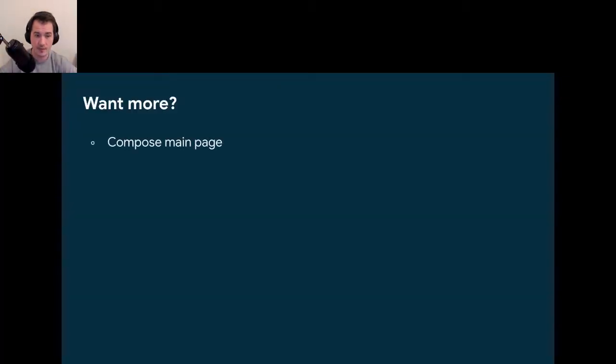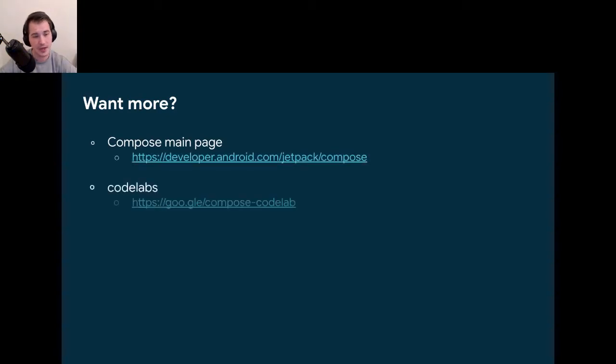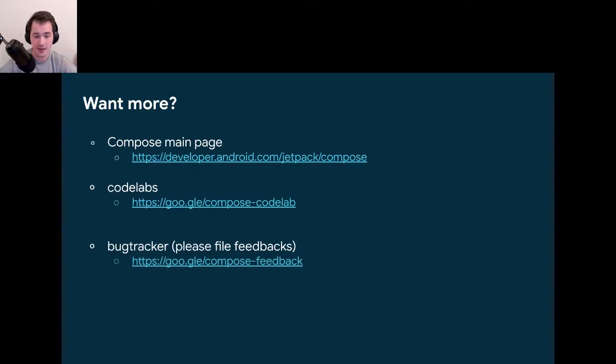Slightly, if you want something more, we have this Compose main page with QR codes that we will show later. We have codelabs that you can just nicely follow and see how to use Compose. We have a bug tracker. If you face any issues, please file bugs. We are very good at triaging them and very good at fixing, because we're in a very active development